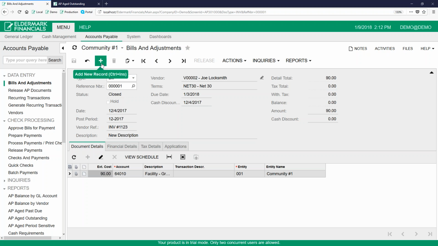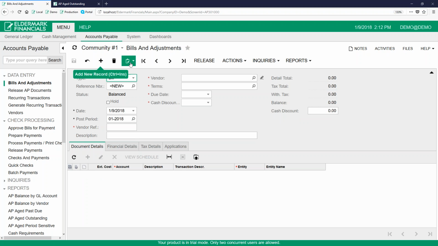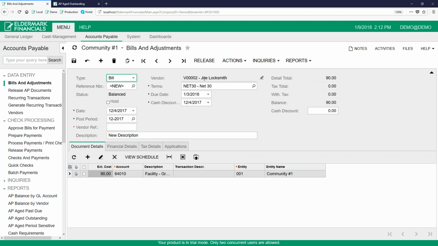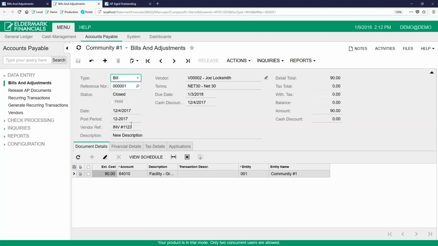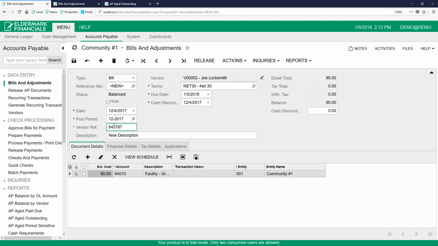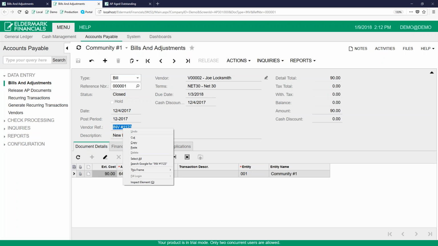Then I have to click the plus icon to create a new bill, and then I use the clipboard again to paste in the bill. Now what it does is it copies in and pastes all the information except for the invoice number. So I'm actually going to open in a new tab, find what that invoice number was, copy it, and paste it here. Oh, looks like I need to do this